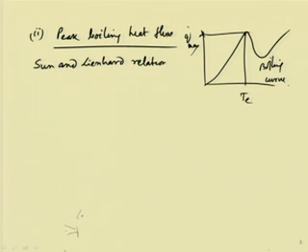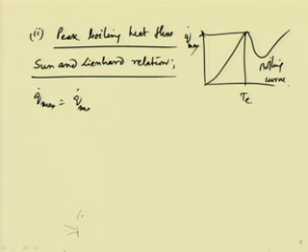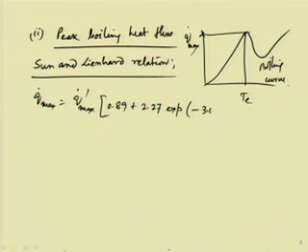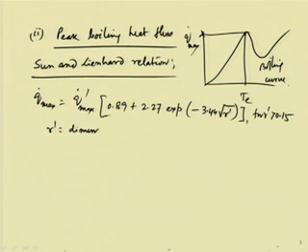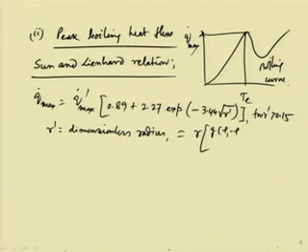According to this relation, Q dot max is equal to Q dot max dashed, multiplied by 0.89 plus 2.27 exponential minus 3.44 root over r dashed, and this is for r dashed greater than 0.15, and r dashed is the dimensionless radius, equal to r into g into rho L minus rho V by sigma whole to the power half,